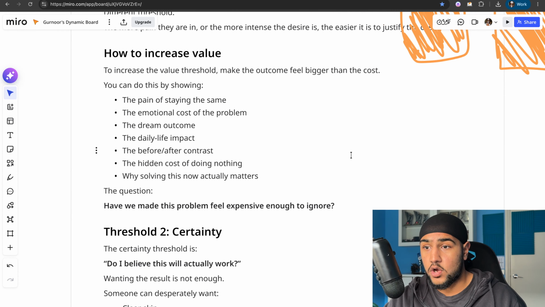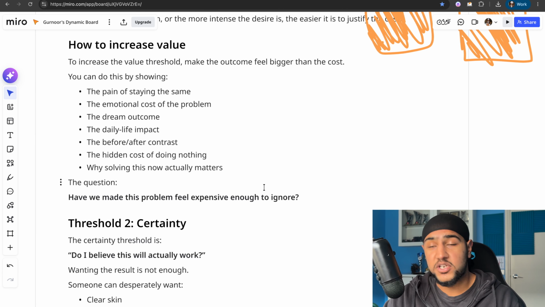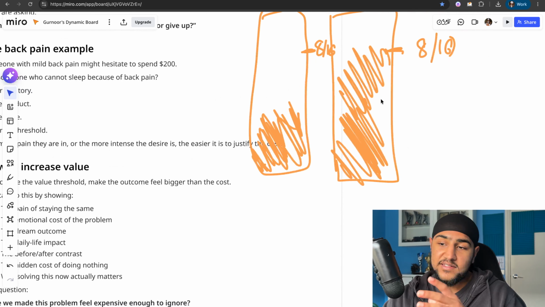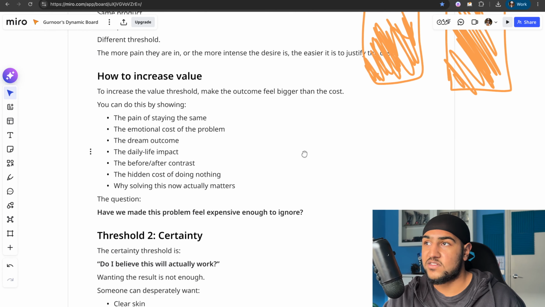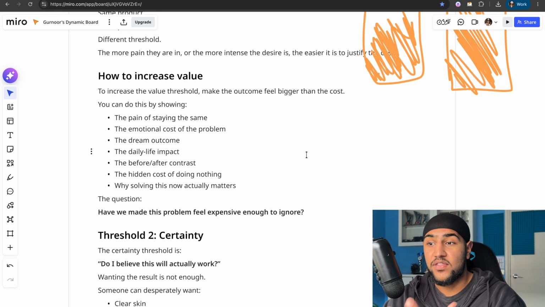And the before and after contrast, and when you can actually show someone that their life can improve and how much it would improve by, that creates a lot of pain as well, and it creates desire. This threshold over here isn't just pain, it's also pain and desire. Like, how badly do they want it? Someone cannot be in so much pain right now, but just because they want what they don't have so bad, that creates a lot of pain as well. It's like FOMO and all that stuff, right?